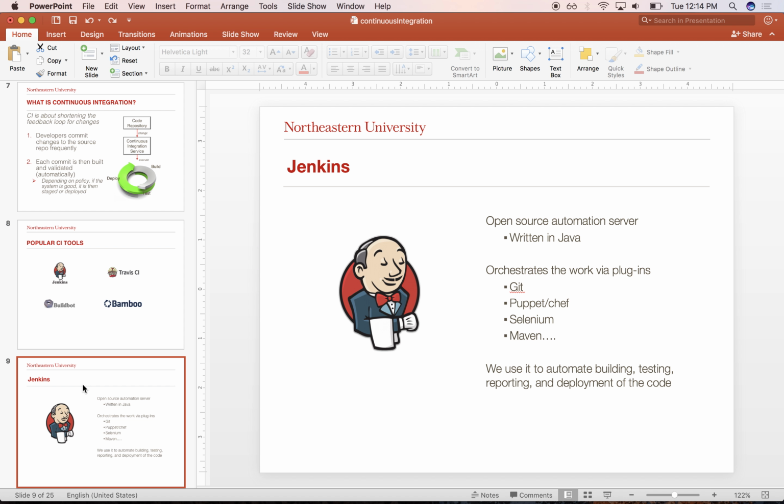And if something fails, it notifies everybody, saying, hey, your code caused the build to fail. Everybody in the team would know. It would show which check-in into GitHub caused the failure, so it would be fairly embarrassing that it is you